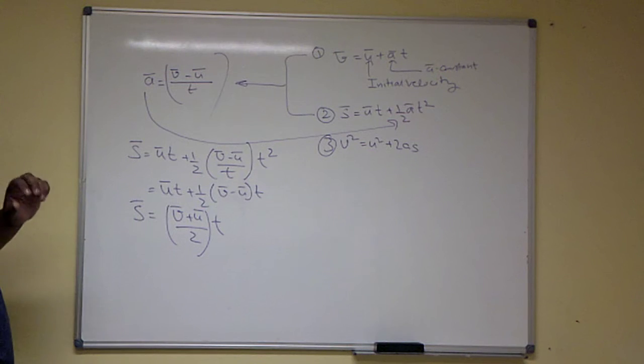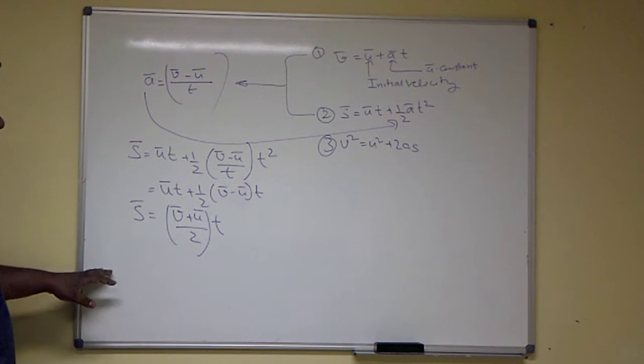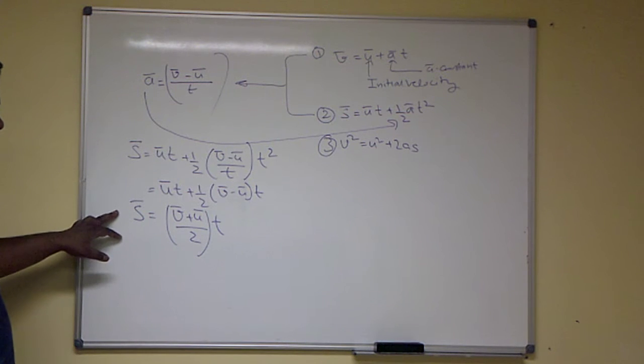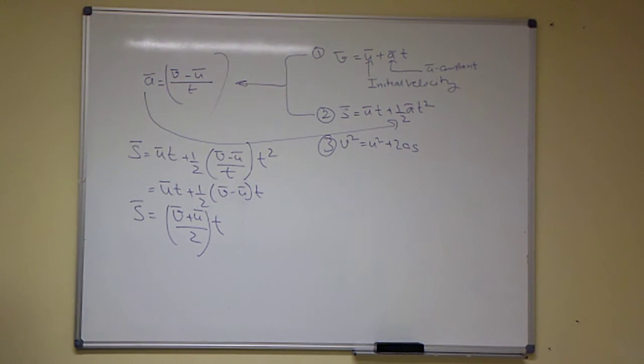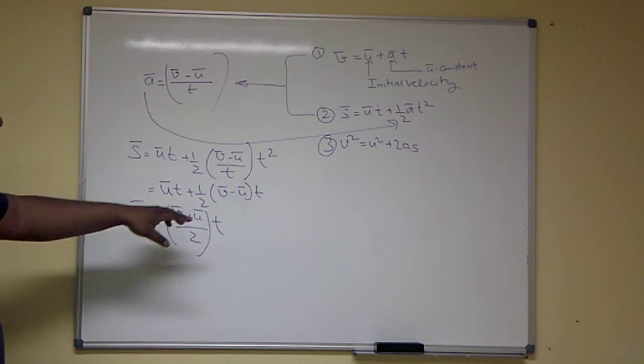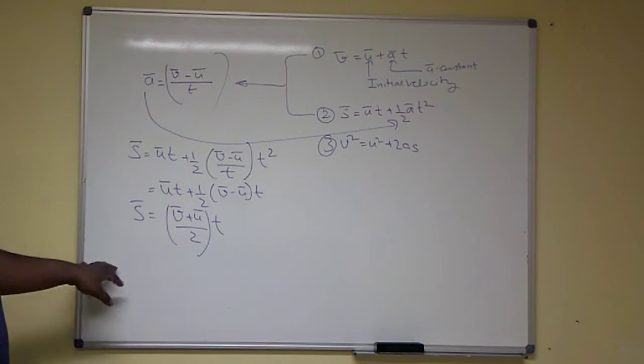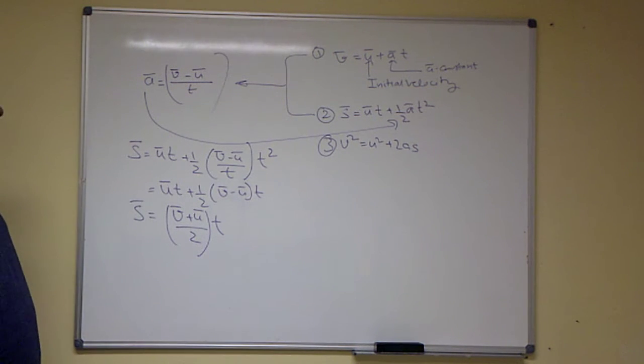What we have to remember is that this is what we are getting for the s vector value. So in order to obtain this equation from here, what we might need to do now is to again